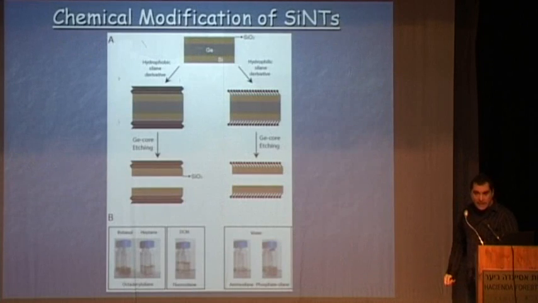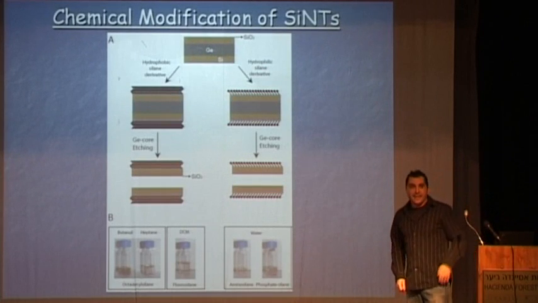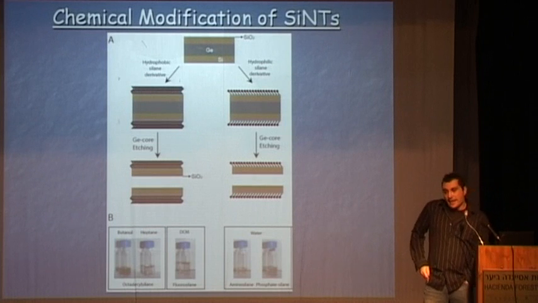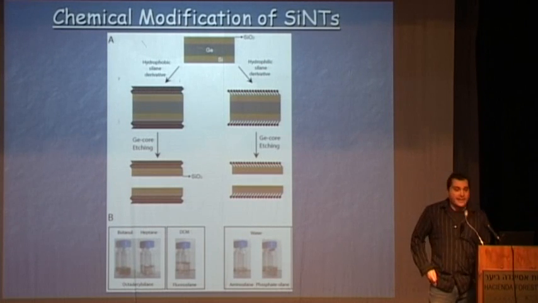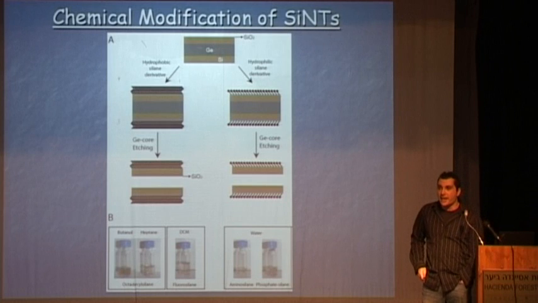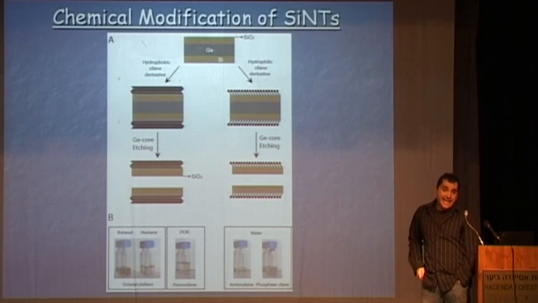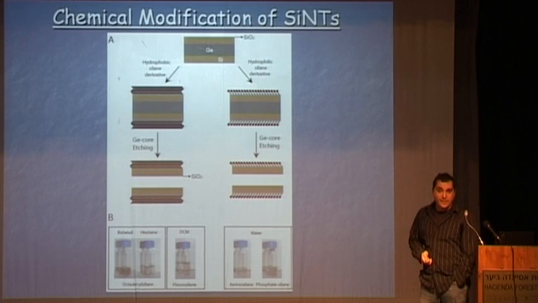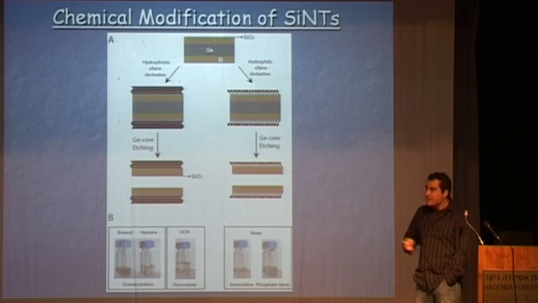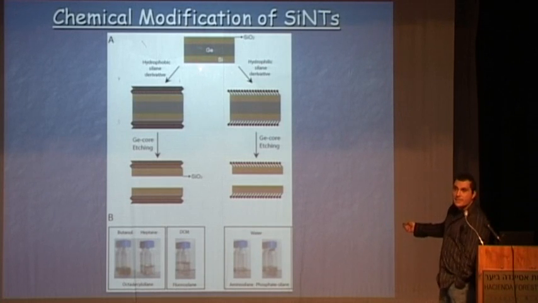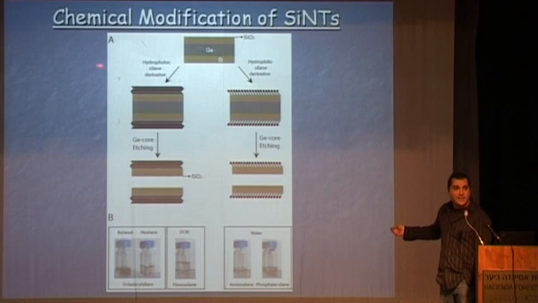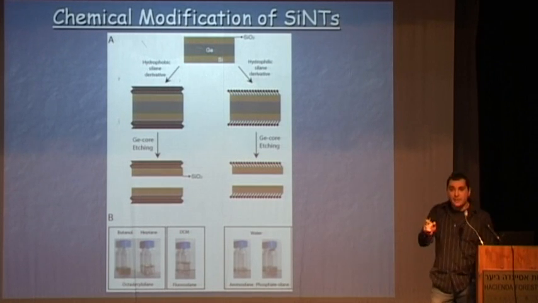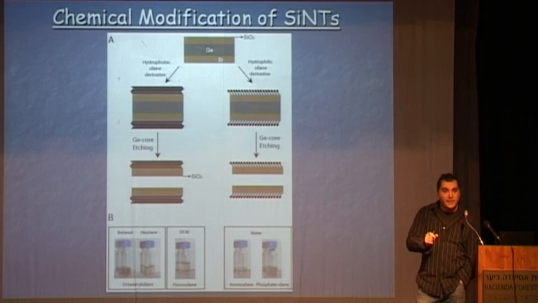Another nice thing about these nanotubes is that the nanotubes can be chemically modified. Unlike any other type of nanotubes, we can modify the interior and the exterior of the nanotube independently, completely independently. And why is that? Because you need to remember that those tubes started from a core-shell structure. So the interior part of the tube was filled with germanium. So instead of